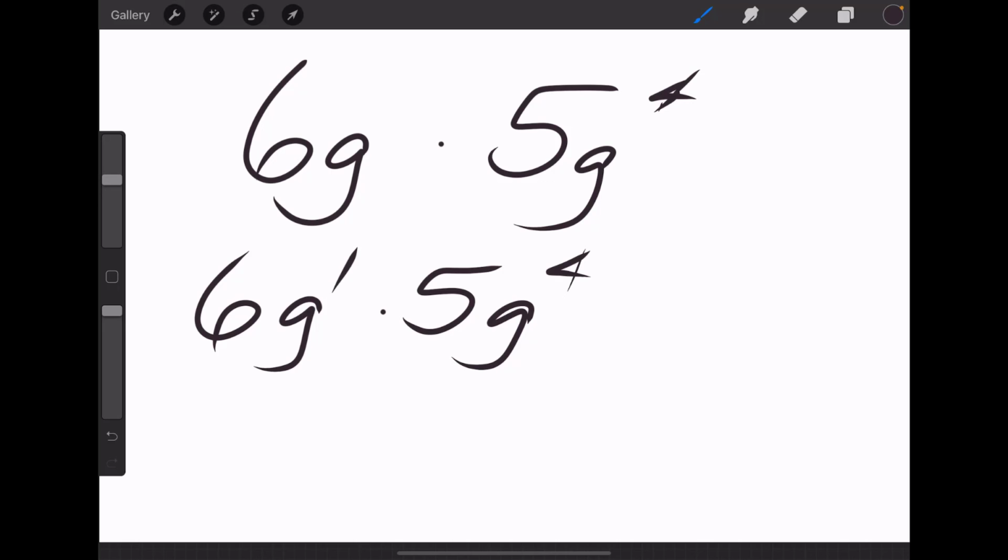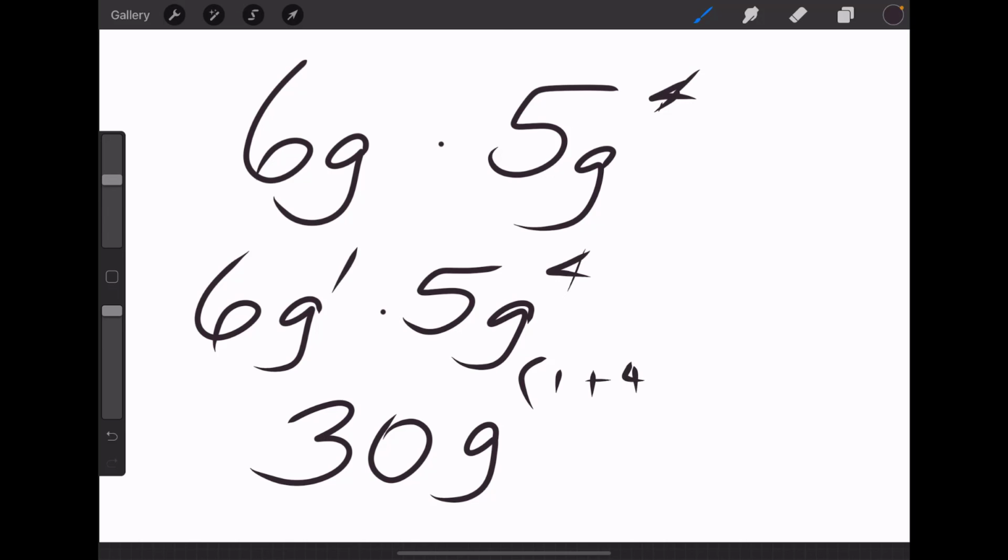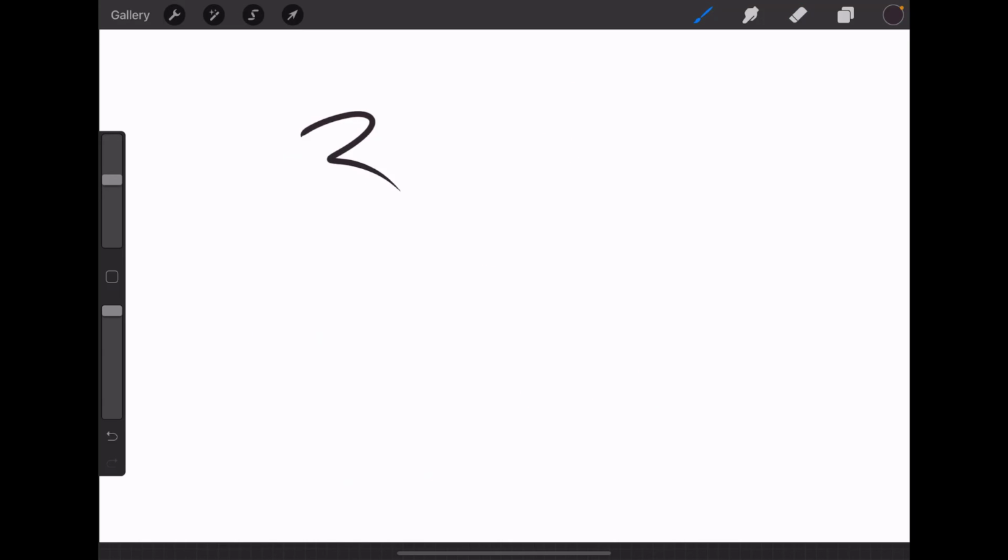So now I have 6g to the first power times 5g to the fourth power. I'm going to multiply 6 times 5. Those are my coefficients. 6 times 5 is 30. And then I have g to the 1 plus 4 power, and that equals 5. So the final simplified version of this is 30g